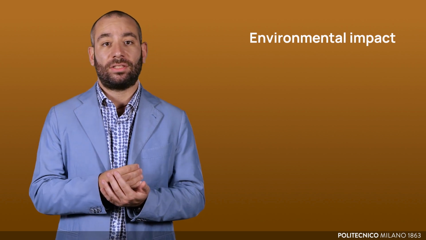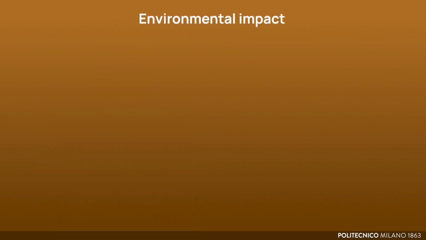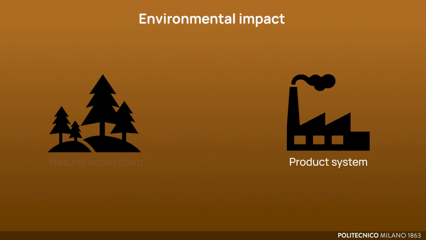First of all, it is important to specify that environmental impact is not generated only during the use of an object, but is distributed along the entire chain of processes that make its existence possible. From pre-production, that is, the extraction of raw materials and the production of materials, to manufacturing and distribution, all the way to use and disposal. The impact is the alteration of the environment generated by the exchange of substances between the product system and the natural ecosystem, that is, the geosphere and the biosphere, both direct and indirect, that accompany the product throughout its entire